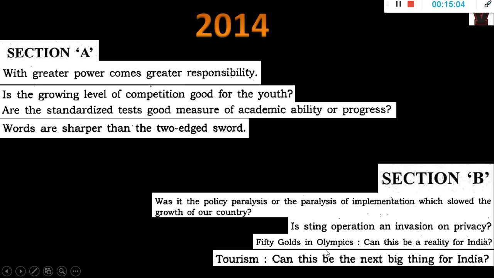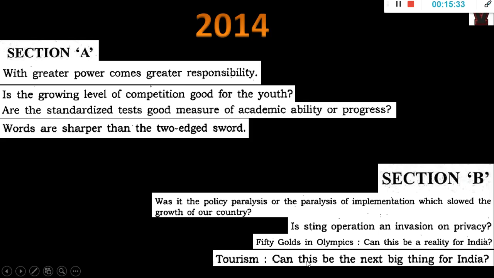Now, 50 golds in the Olympics, can this be a reality for India? So this is again about the future. This kind of thing also comes, like whether you become the prime minister of this country for a day, or something like that. The future of India, the technological revolution of India, something like India's $5 trillion economy. Maybe that is what will come this year. In 2020, a question can come on India's vision towards a $5 trillion economy or something. For that, you have to write your entire economic survey in 1200 words. My test was already out there. If you want to, you can buy that. So that is about that.